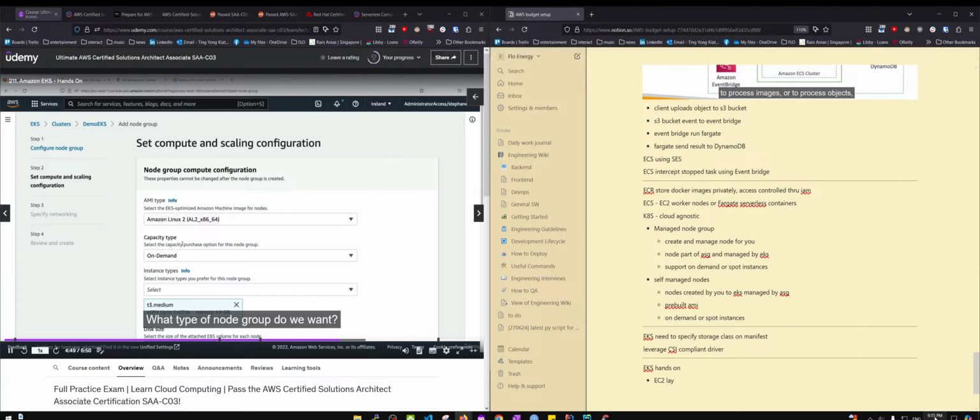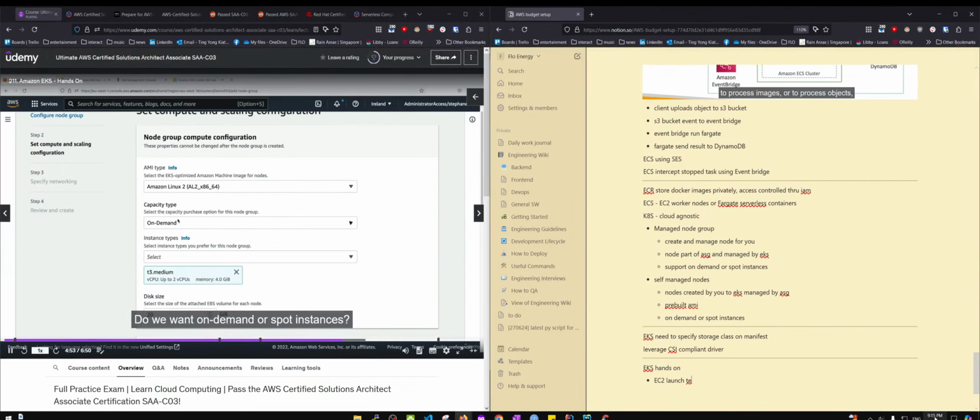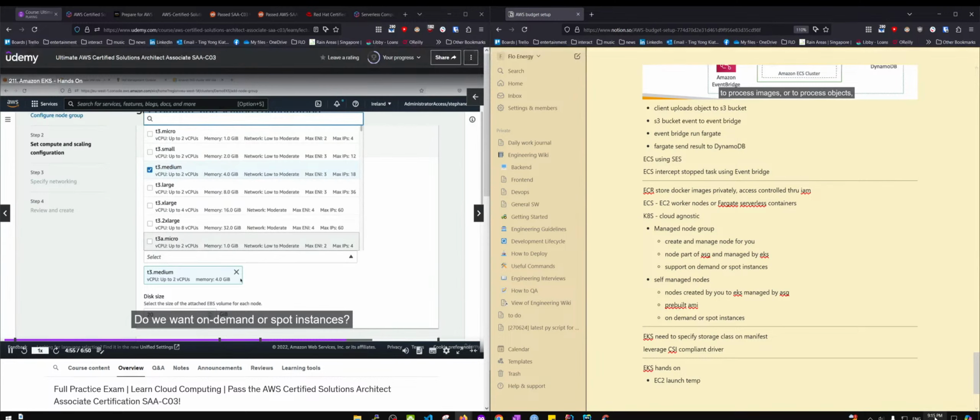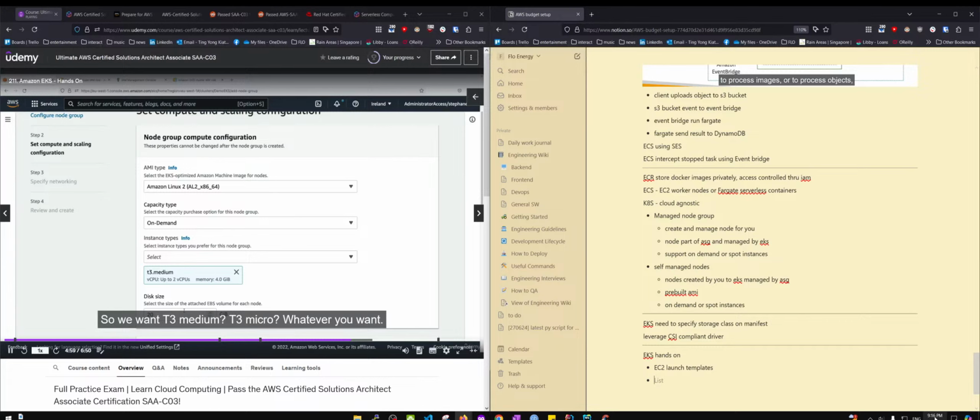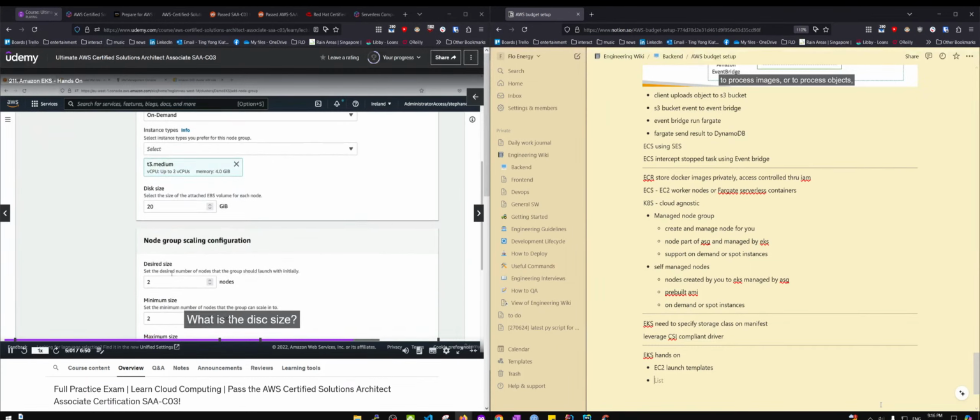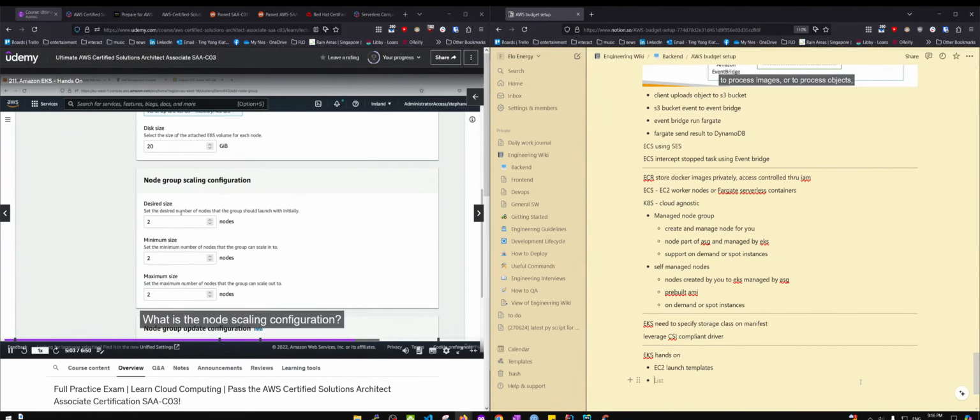What type of node group do we want? So Amazon Linux 2 is great. Do we want on-demand or spot instances? What type of instances do we want? So do we want T3 medium, T3 micro, whatever you want? What is the disk size? What is the node scaling configuration? So how many nodes